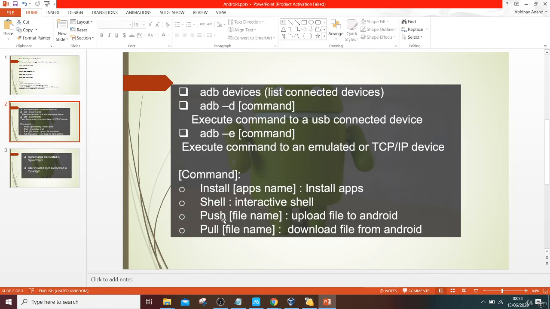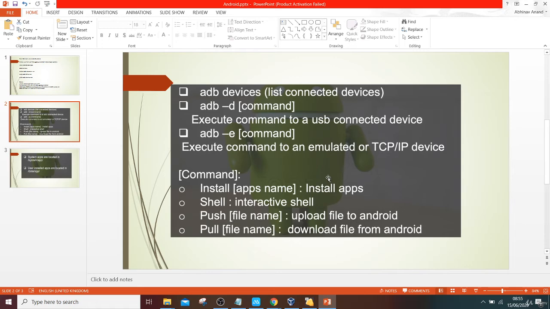If you want to upload any file to your Android machine, then you can write adb push and the file name, and make sure the file is available in the current directory from where you are pushing it to your Android machine. And if you want to download any file from Android, then you can write adb pull and the name of the file which you want to pull. So this is how we will be interacting with our Android device.